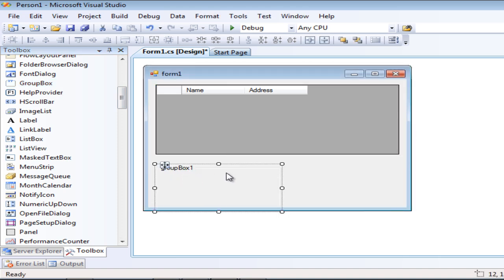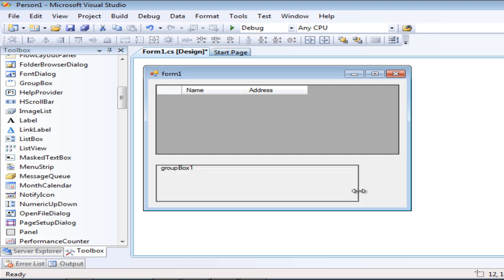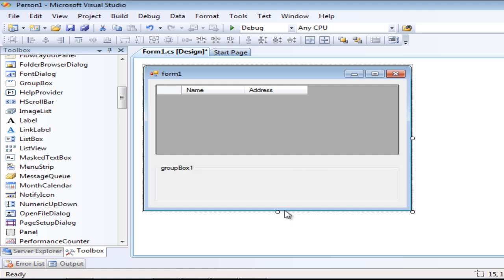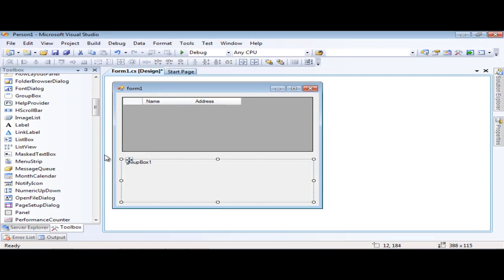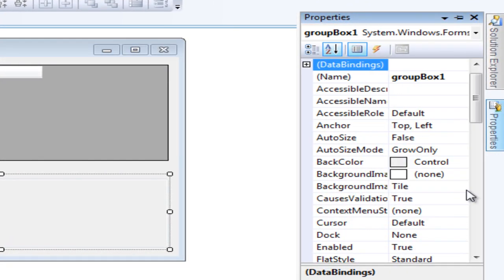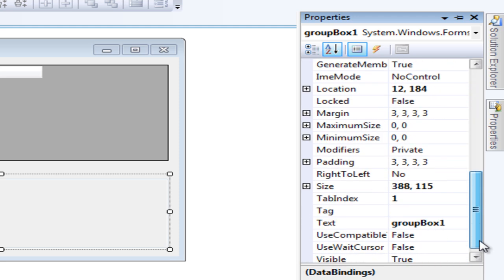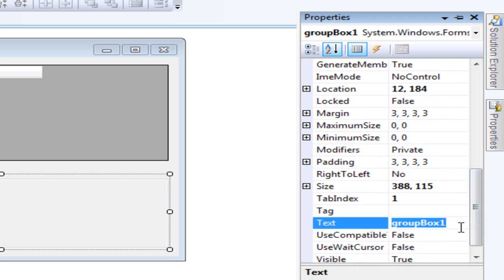There we go. Like that. You can also rename the group box by clicking the properties. Then text by